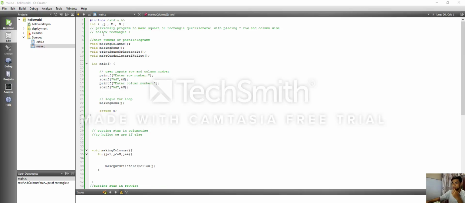In the previous session, we discussed and wrote programs for solid rectangle, rectangle and square quadrilateral. Then we made that solid into a hollow rectangle, and we'll also do the same thing with the rhombus. First of all,